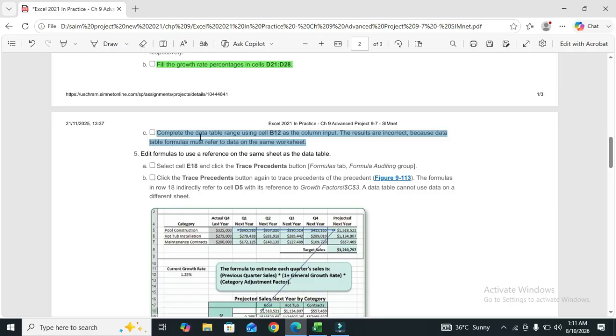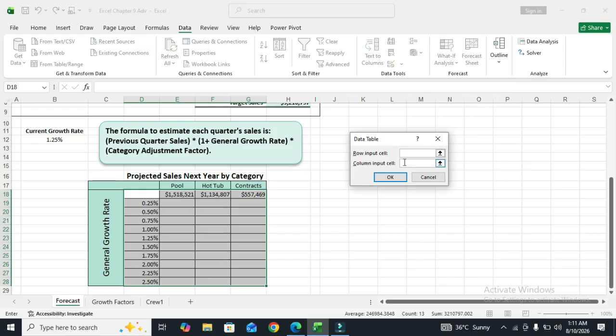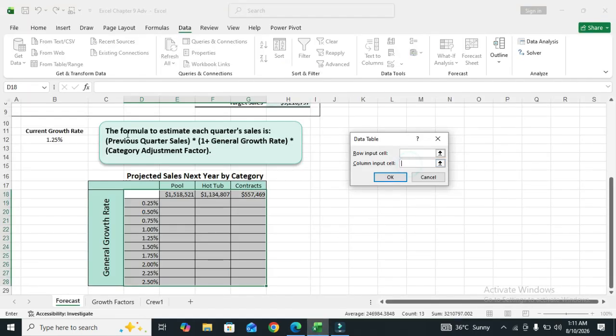So we move to the file, select all data, move to the Data tab, go to What-If Analysis, and go to Data Table, using B12 as the column input. Click on OK.